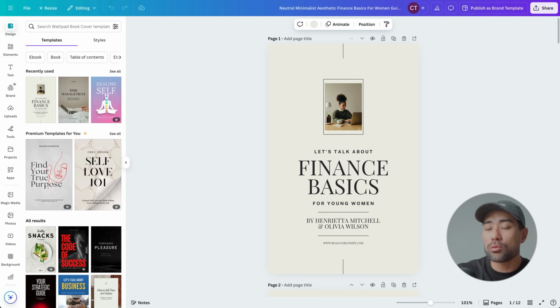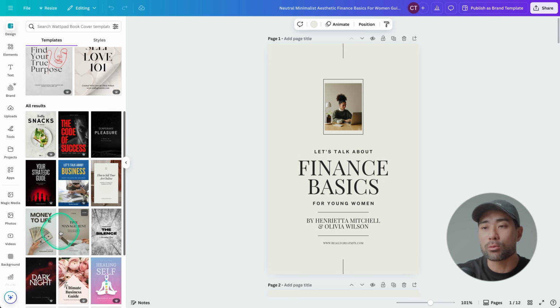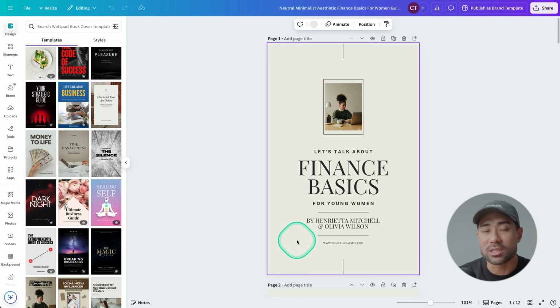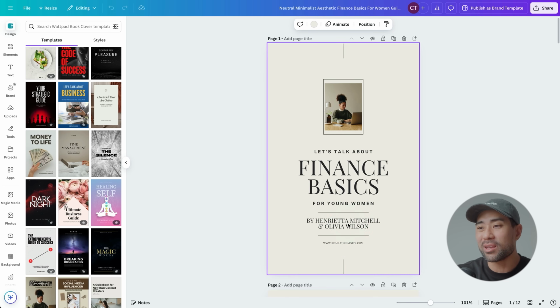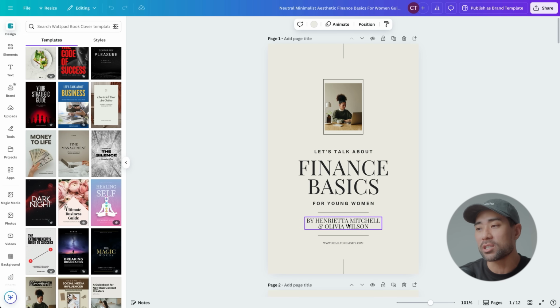I've been in this space of creating and selling ebooks and guides since 2006, so I have used tools like Canva to design. However, the issue when it comes to Canva is that you have to base it on a template that's already fixed. You can, of course, design and customize it, but that all takes time. So you can take a look at one of the templates that I selected. I think this is even a pro template, so you do need a pro upgraded Canva account for it.